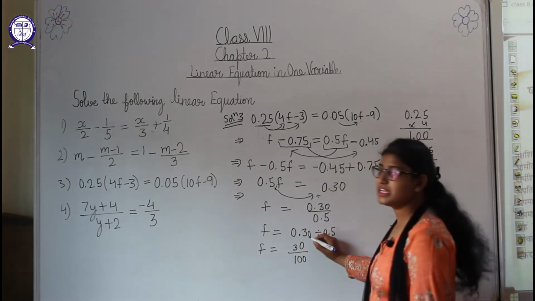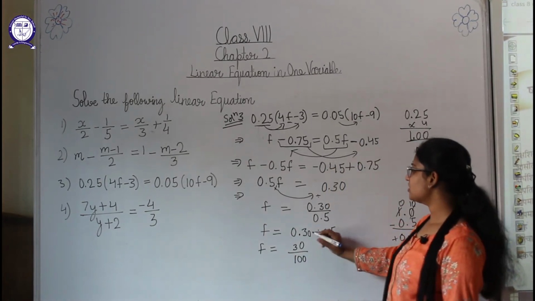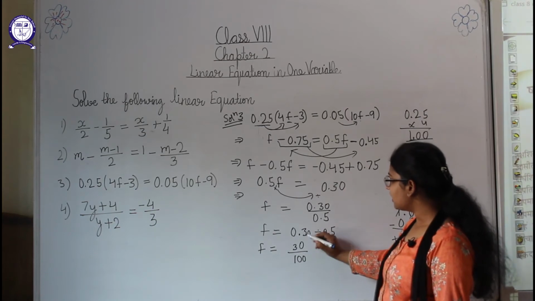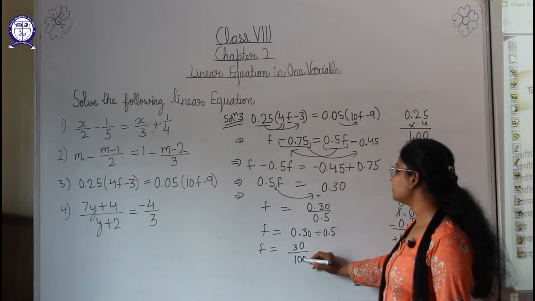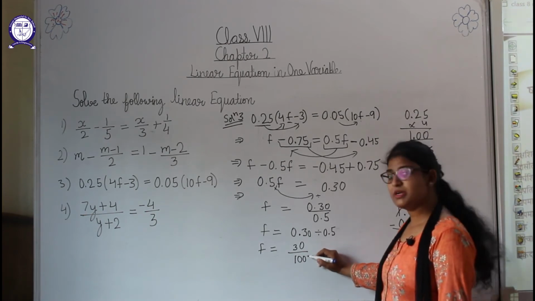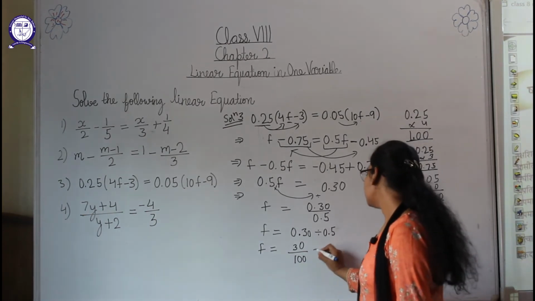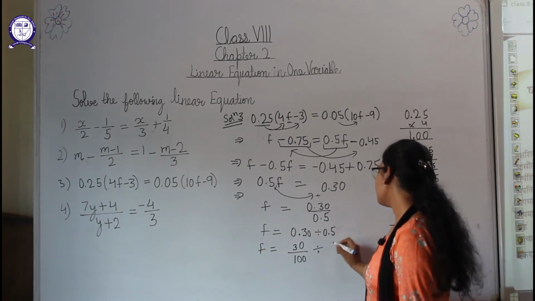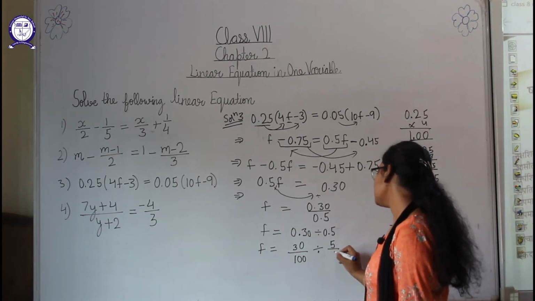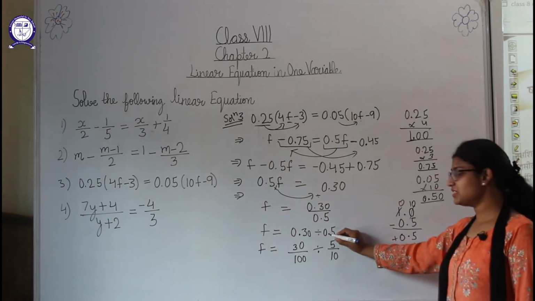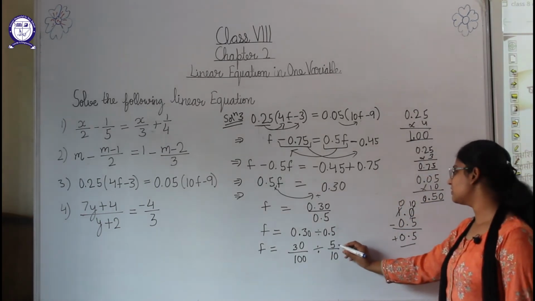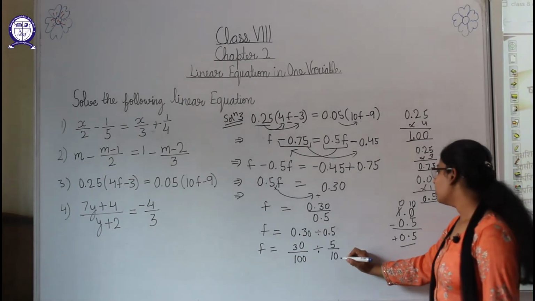Okay, when we will change the decimal number into fraction, here 30 is given, so 30, here decimal, and after decimal are 2 zeros, so 1 and 2 zeros means it will be divided by 100. Now division sign is here. Now 0.5, but we will write as decimal, 5 by 10, 5 is here and decimal is before one digit, so here will be 1 0, so it will be 5 by 10. Okay,